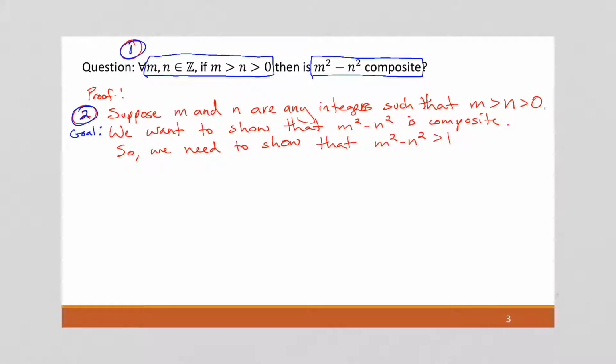That's one of the requirements, because composite numbers are always greater than 1. And that m squared minus n squared is equal to the product of two numbers, r and s, where r and s are integers,